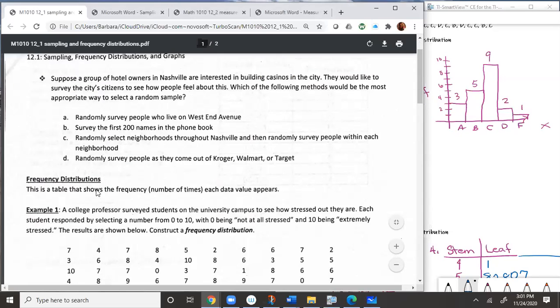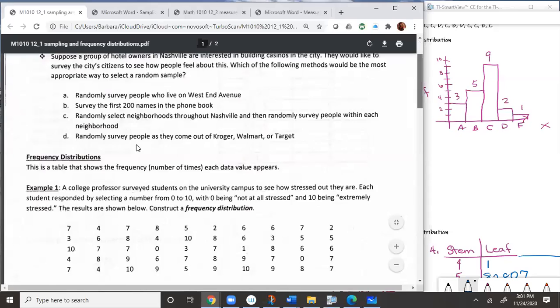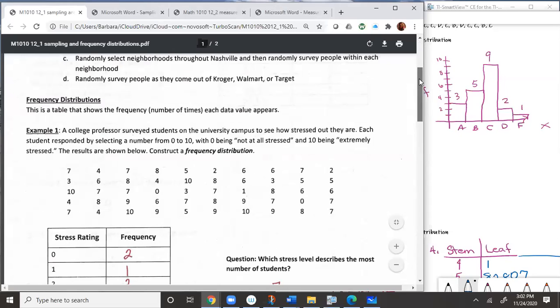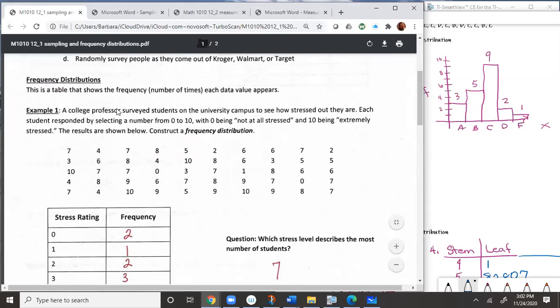A frequency distribution is a table that shows the frequency, or the number of times, a data value appears. So in example 1, we did something similar with a smaller group of numbers. A college professor surveyed students on the university campus to see how stressed out they are. Each student